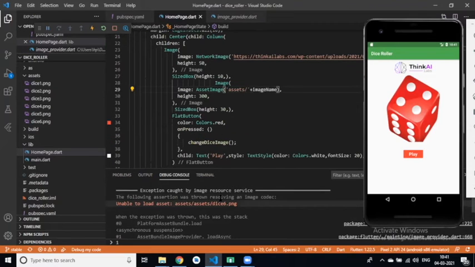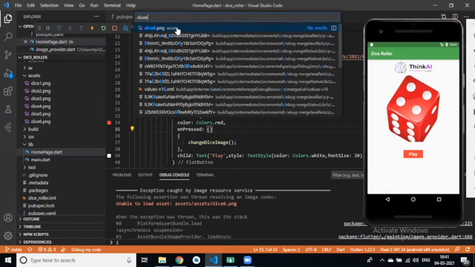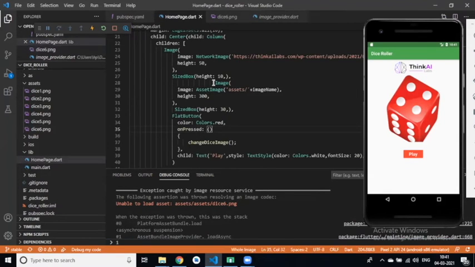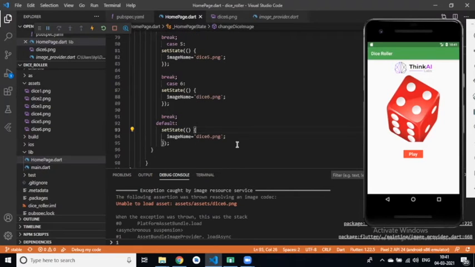Why? Where do I have the dice 6 image? It's in default only. In default case, no. Okay, remove this line. Check.